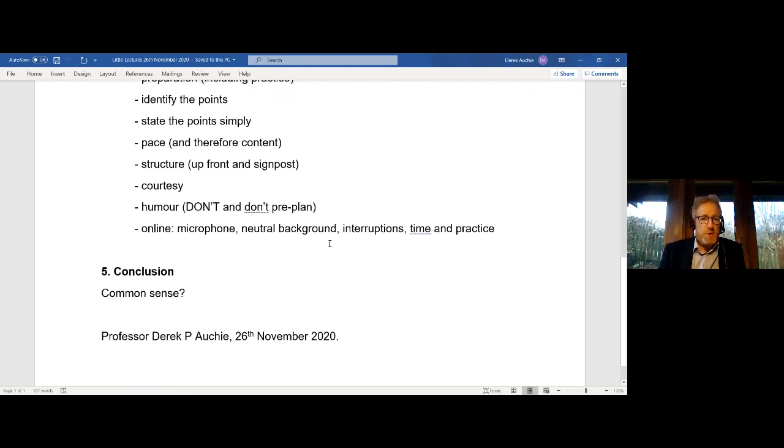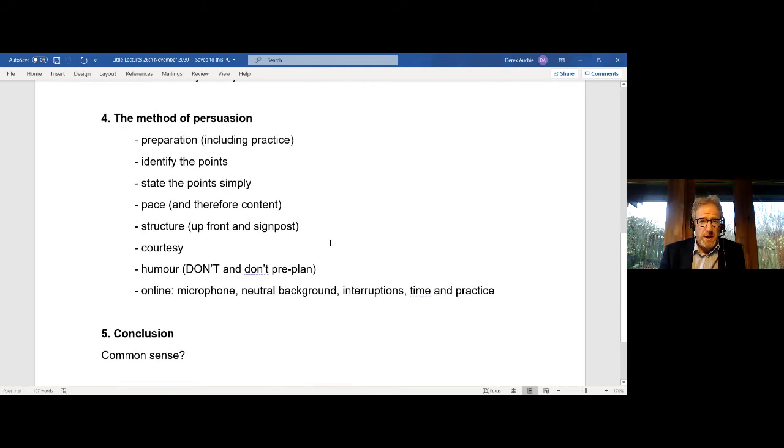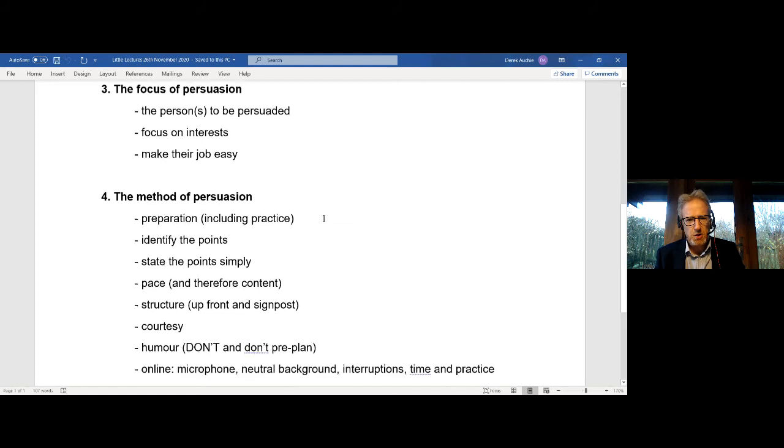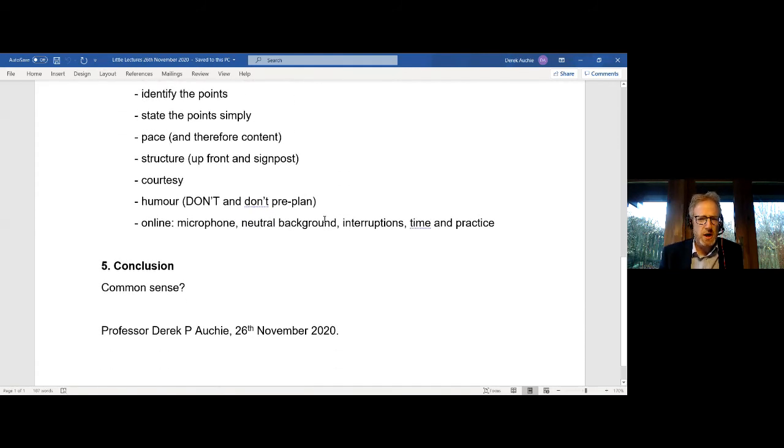So there's particular things that will be features of online presentations that perhaps don't apply elsewhere. So those are some of the points, the method, and all of those I think involve thinking about the focus. So the points under heading 4 there, I think, feed back into the focus of the presentation. I hope they do, at least. When you're thinking about the person to be persuaded, their interests, and making their job easy. So the conclusion,